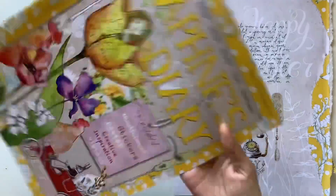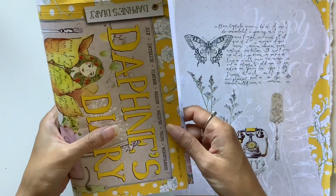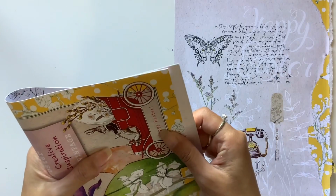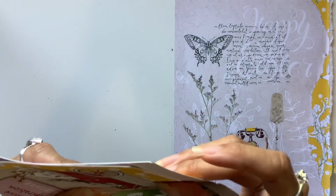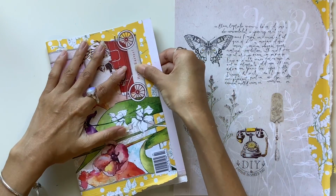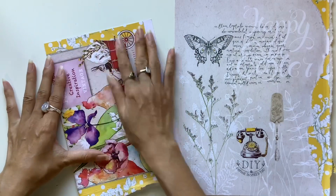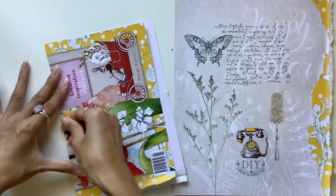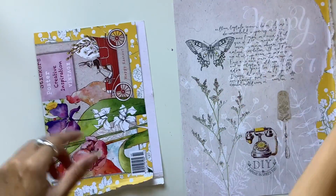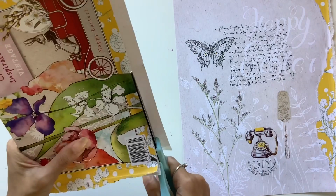So with the front cover, I love just folding it in half, and I don't really like having the details there, so I'm just going to fold it so it misses those details so that I can cut it off. So just about there, and then I'm lining up this straight edge to get my fold. You can use a bone folder or something to press that down. I just use my nail and then I will cut this off, the excess,